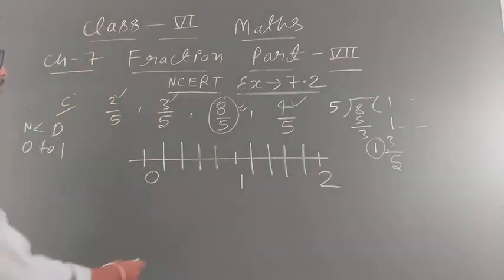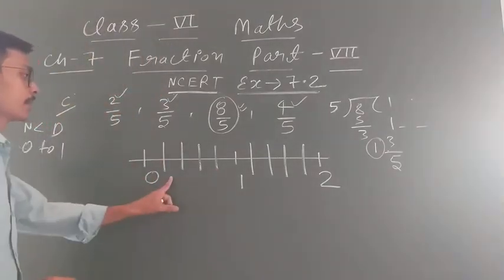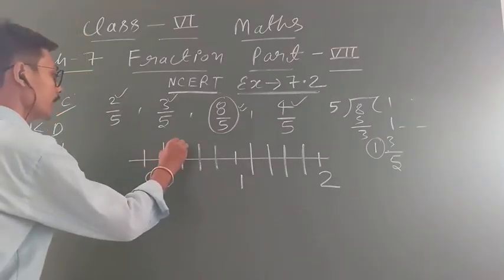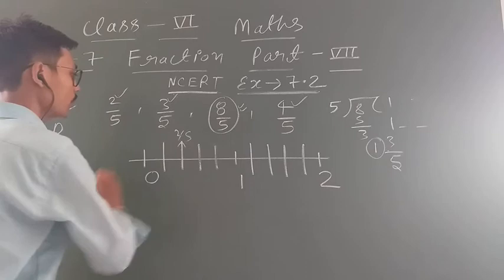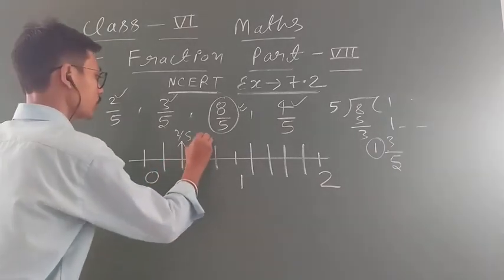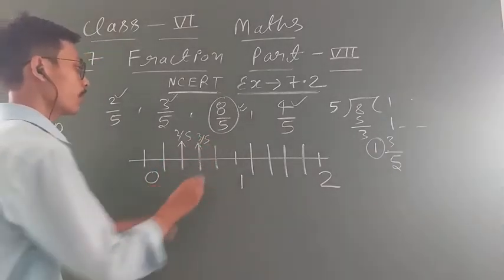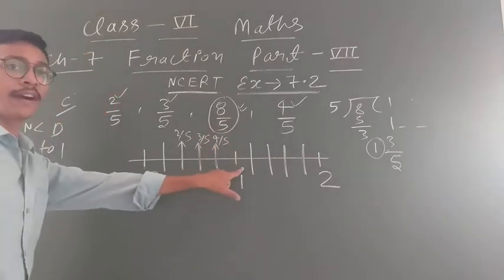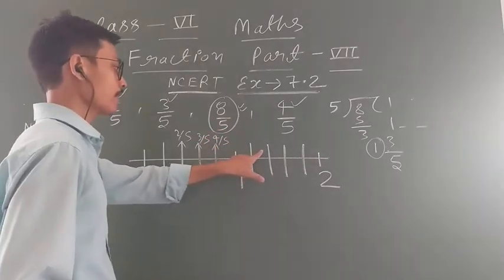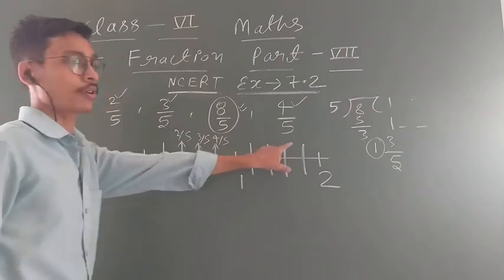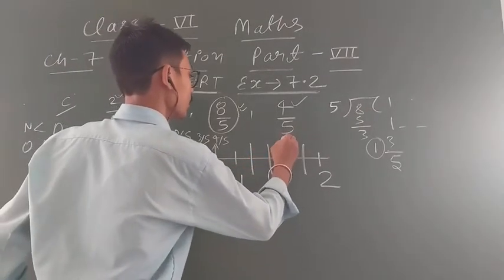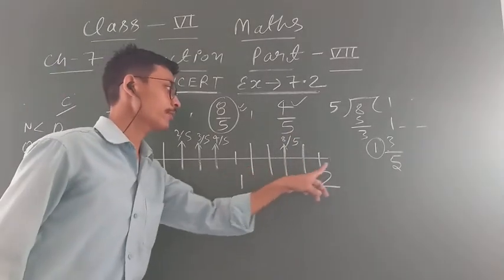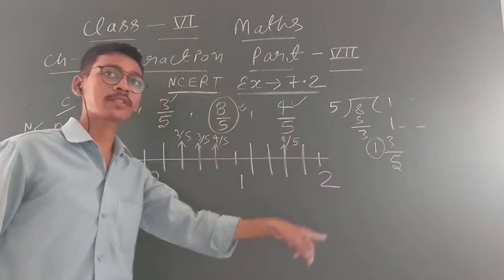Now the first part is what? The first part is 1 upon 5, then 2 upon 5, 3 upon 5, and 4 upon 5; we write these down. Now see, students, this is 5 upon 5, this is 6 upon 5, this is 7 upon 5, this is 8 upon 5. Okay student, this is 8 upon 5, this is 9 upon 5, and this is 10 upon 5.